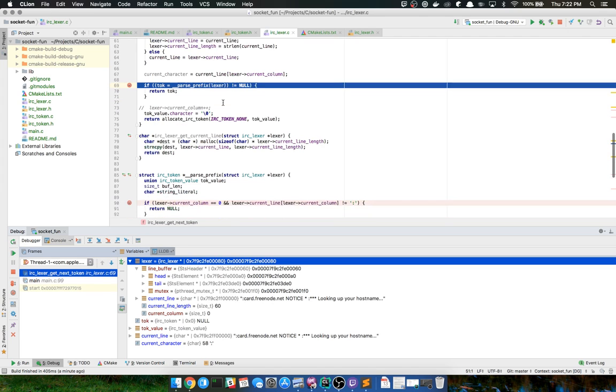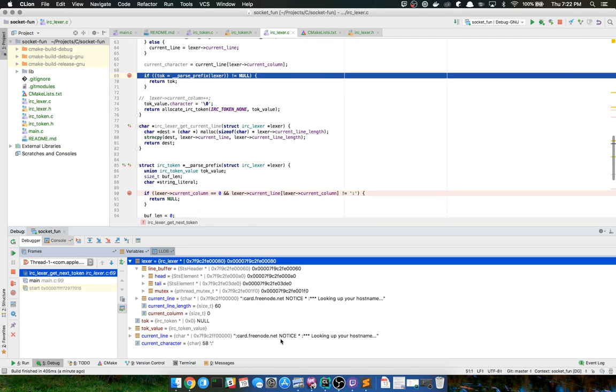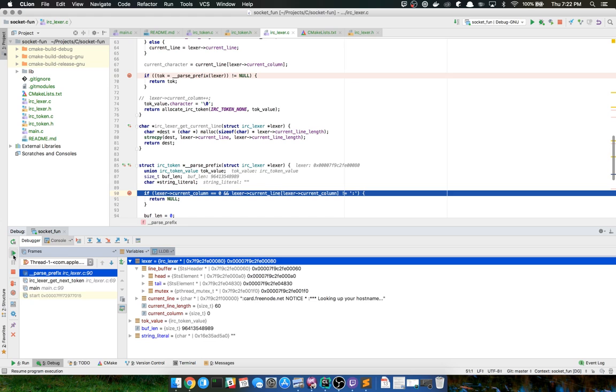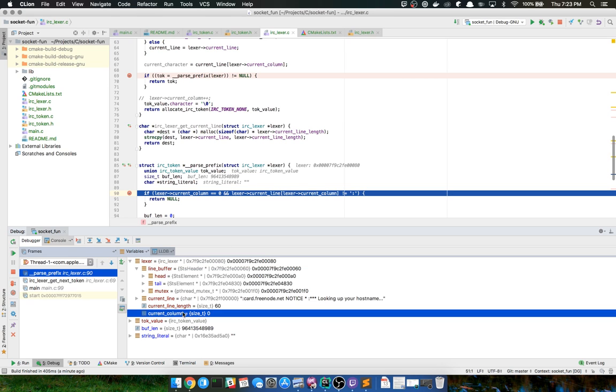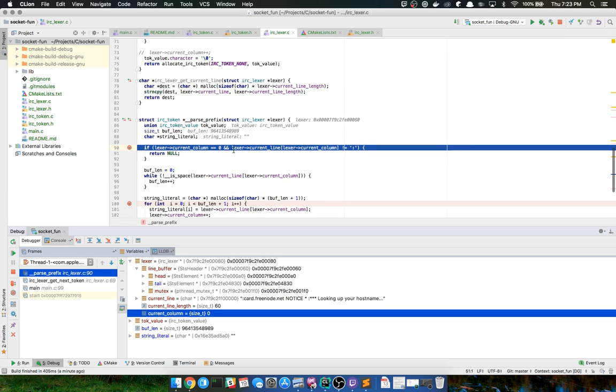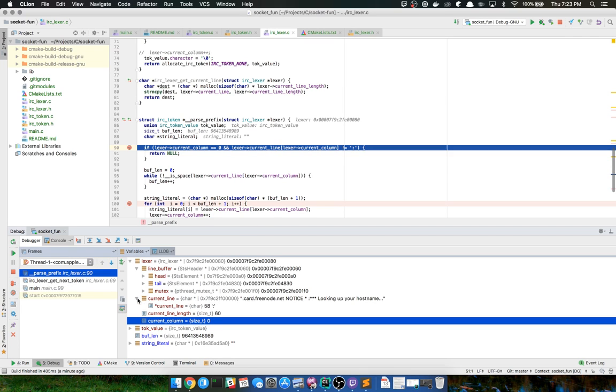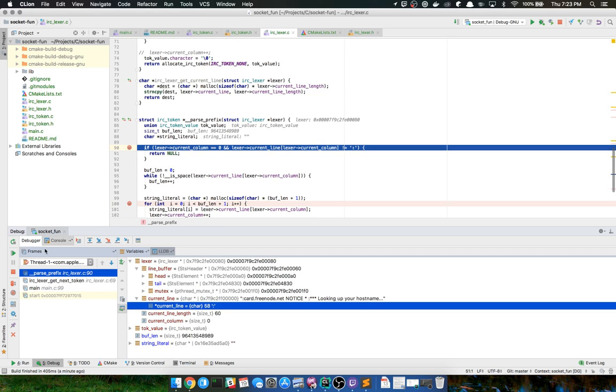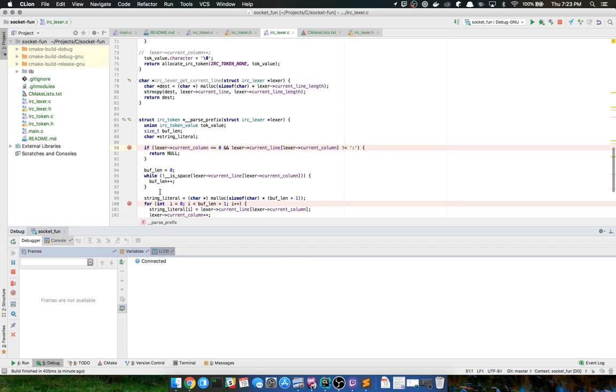There we go. Okay, so we got our current line. I'm gonna bump all in here. Okay, so current column is 0, so it has to be 0. And the current line length, so Lexer current line at position 0 is indeed that, so this should go to the next. What?